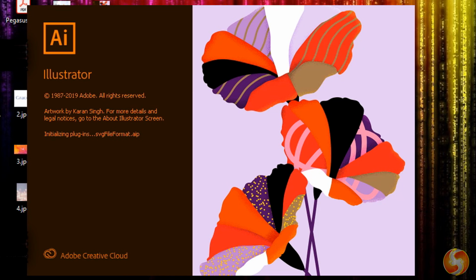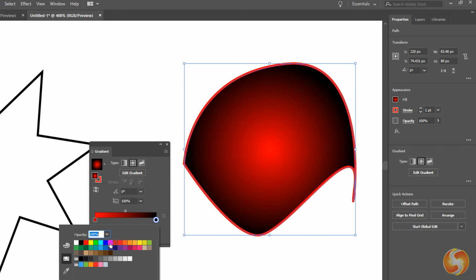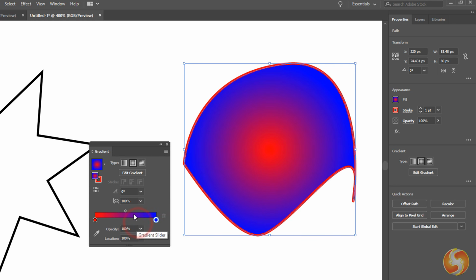Hello, welcome to this tutorial. Let's see in a very short time all the main features you need to know to start using Adobe Illustrator